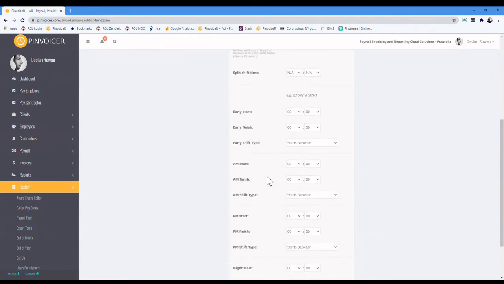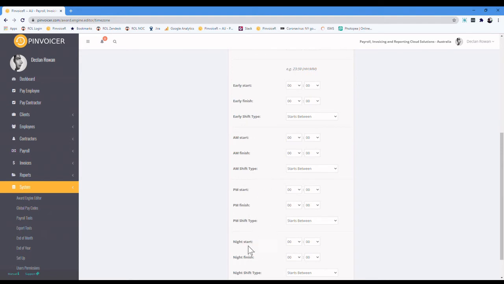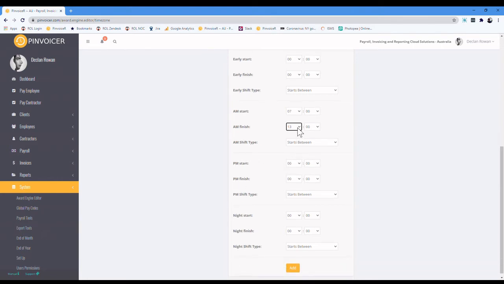In this particular example, I'm going to set up rules for day, afternoon, and night shift. I'm going to say that a shift that starts anywhere between, say, 7 AM and 1 o'clock is considered day shift, hypothetically. This is just an example. To be exact, I might say I want to finish it at